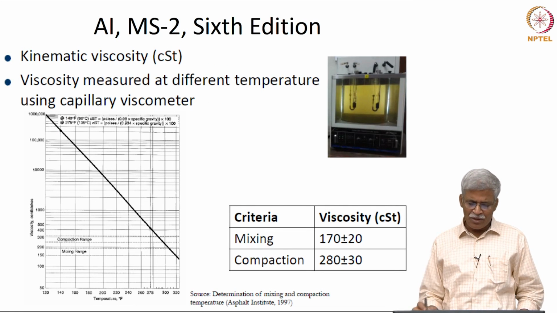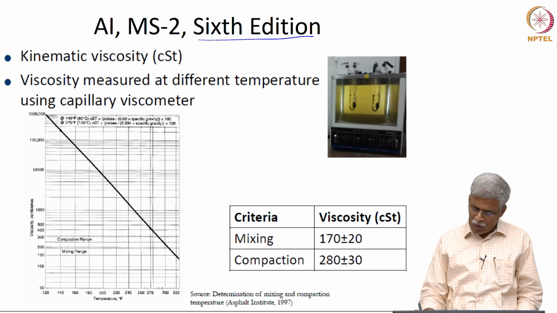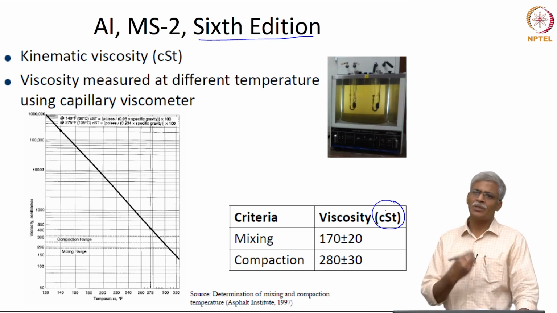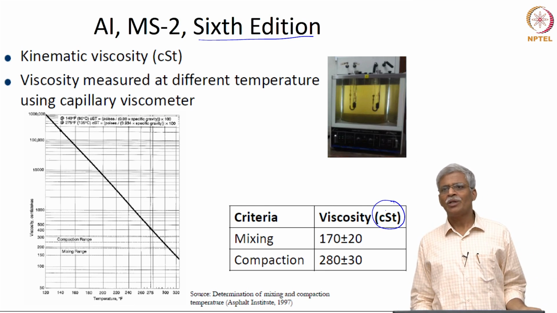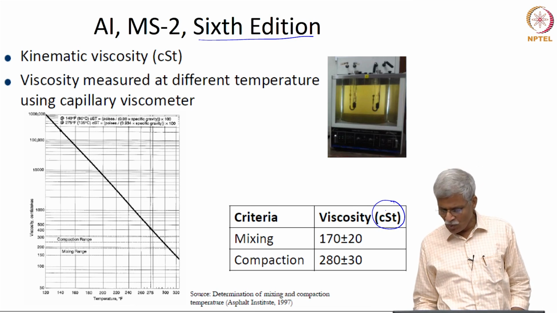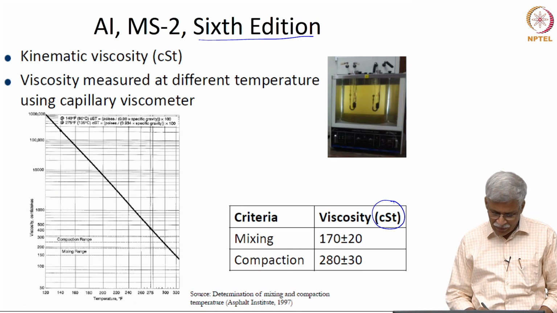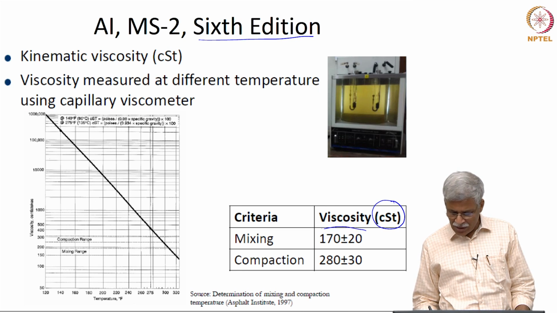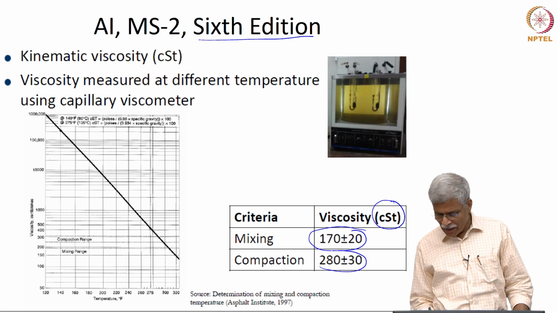Later, the Asphalt Institute in their 6th edition changed and gave units in terms of kinematic viscosity. Previously it was given in empirical measures. That means if you used different volumetric flow rate viscometers, the values would be different, but this time they standardized it into kinematic viscosity, and they wanted you to measure the kinematic viscosity as a function of temperature. They mentioned that mixing is 170 plus or minus 20 and compaction is 280 plus or minus 30